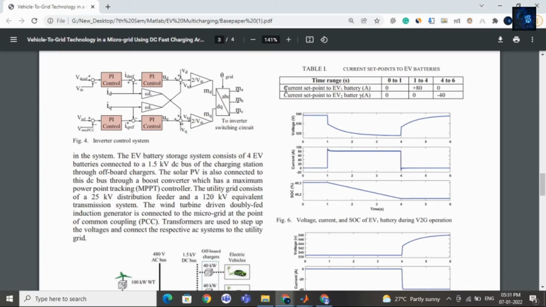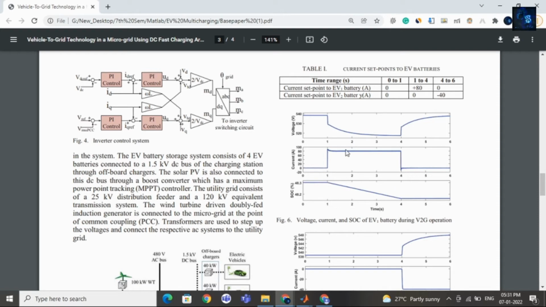Just read this: the current set point to the EV1 battery from 0 to 1 second will be 0, from 1 to 4 seconds it will be plus 80, then from 4 to 6 it will be again 0.